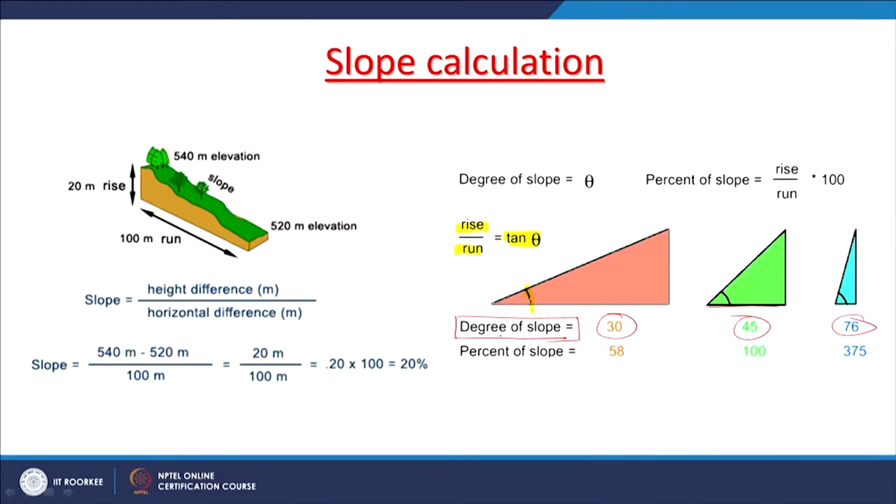So, in that way it can be decided. Now, these values will accordingly change. How these have been implemented in the software, one has to really check. The best one which I always prefer is to keep in degrees, which people understand very easily without any problem. Like here on the left image, as you can see, the run is 100 meters and the rise is 20 meters. So when we substitute these values, 20 and 100, in this equation, you get a 20% slope